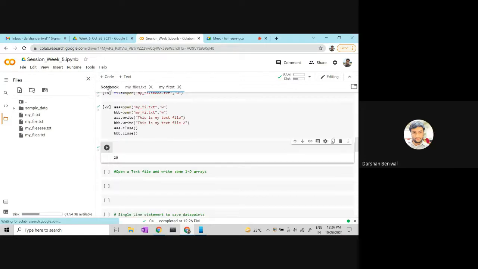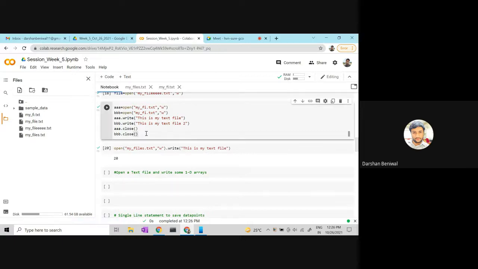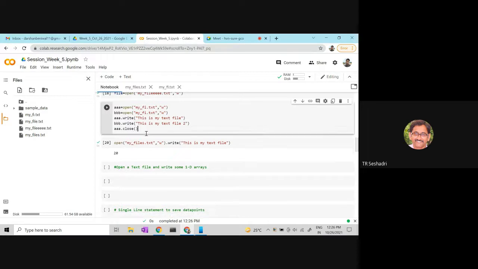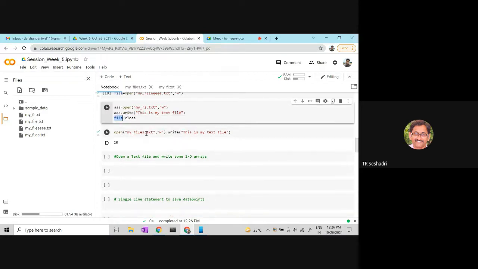No, sis, it will not work. So Supreet is saying, let's say we define two variables for the same file, then can we write these two variables into a single file? No, yaar. What I'm trying to say is, Priyanka was saying that maybe the first argument is just to specify the nature of the file, right? It's the path to the file. It's not the nature of the file.